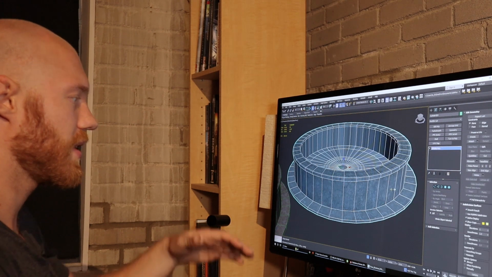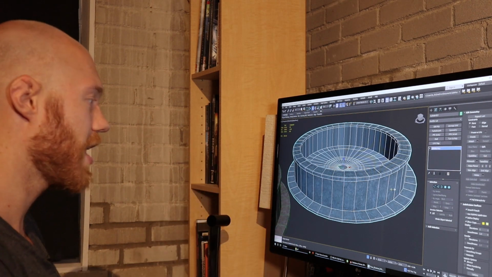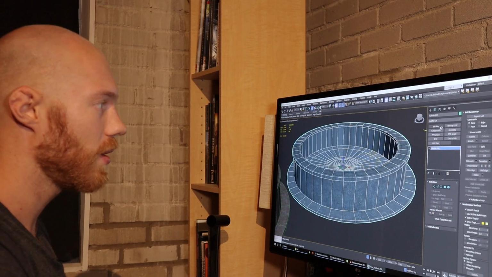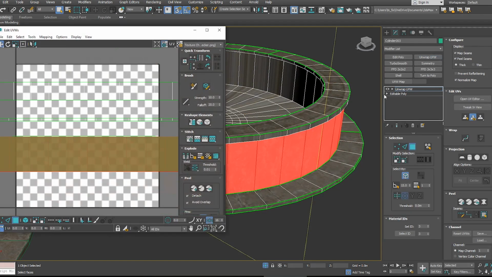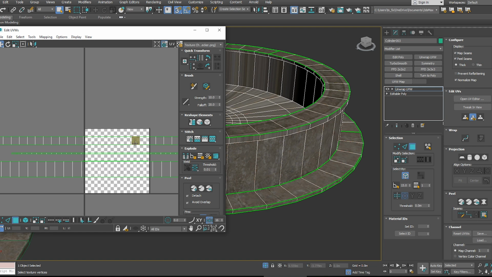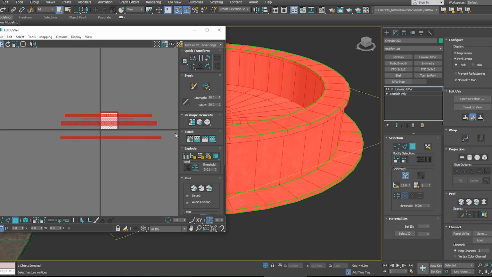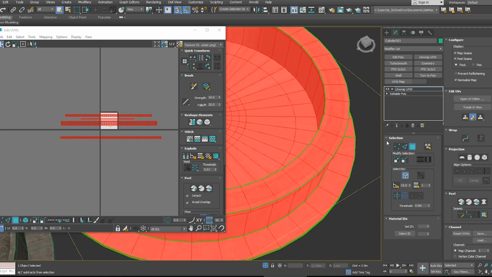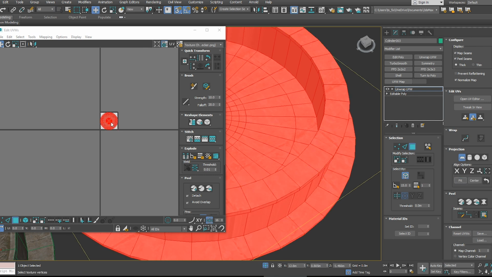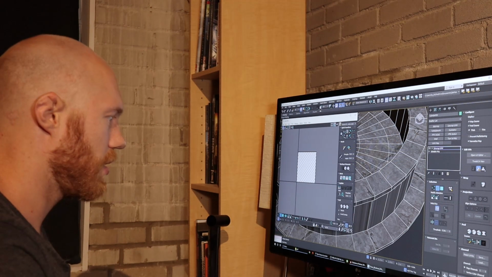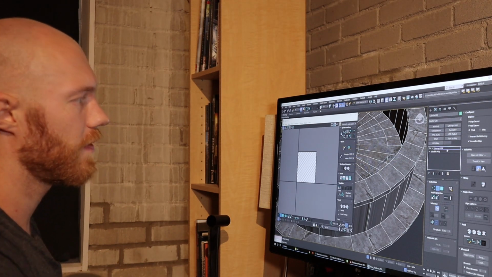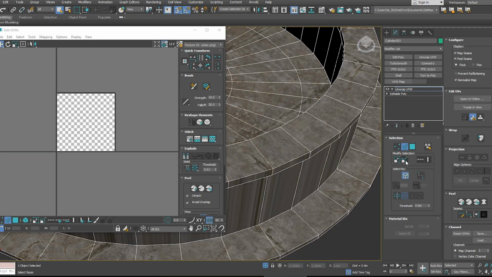But in this case, I want to quickly strip out this entire mesh, and we're going to do it as a whole. So I'm just going to add an unwrap modifier to the mesh. You can see it already has all these UVs. What I'm going to do is quickly screw up all my UVs just so it's not confusing. But in the unwrap UVW modifier here, if you scroll down,